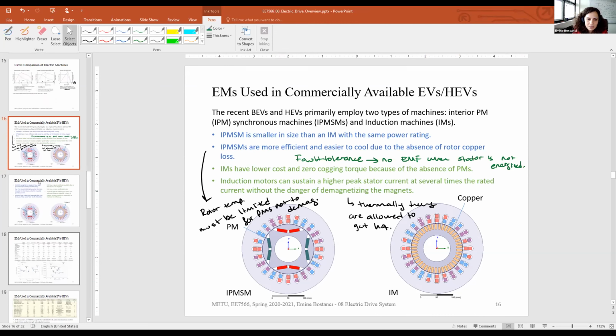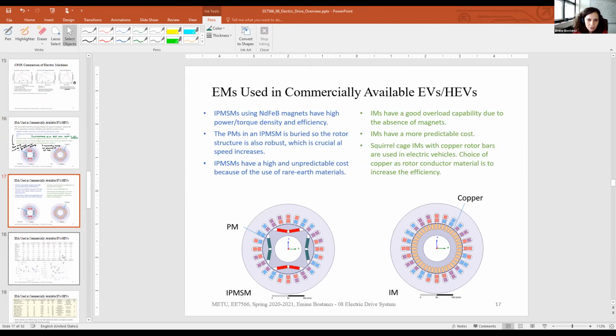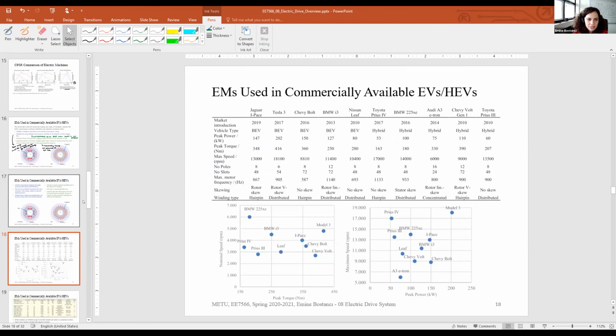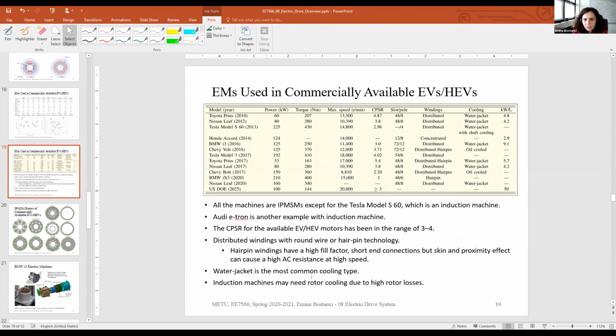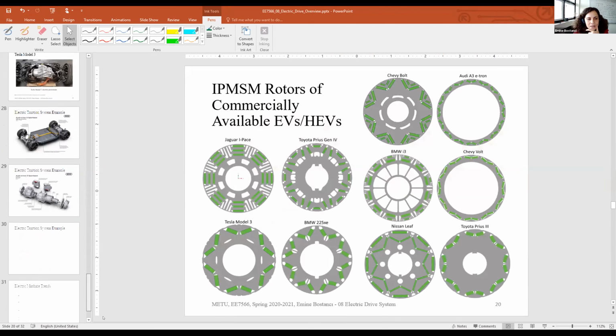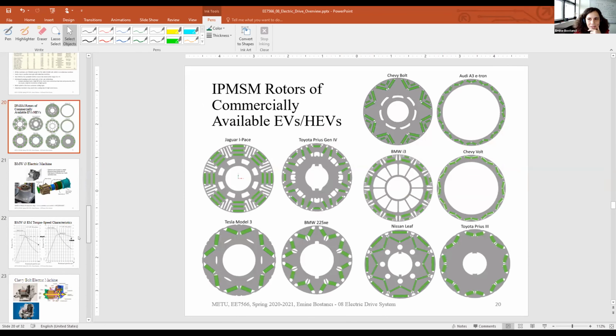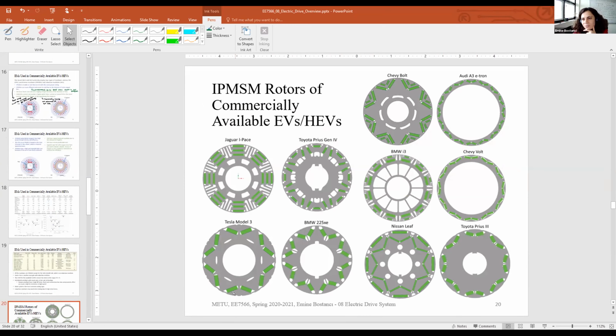Okay, let us stop here. We will talk about the types of electric machines that we have in electric vehicles. We will talk about the trends: the number of poles, maximum speed, power and torque values, their winding types, their cooling types, and so on. We will just talk about the trends. I think we can do it next Tuesday and just finish this topic on Tuesday. Okay, so let me